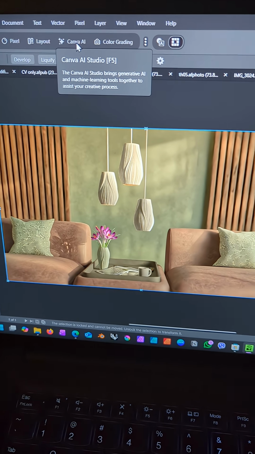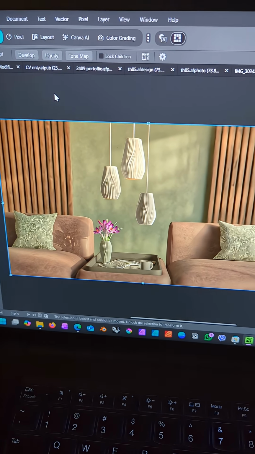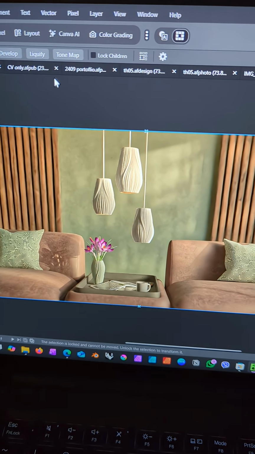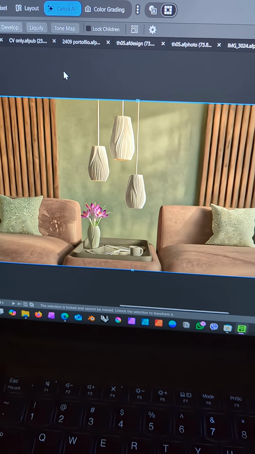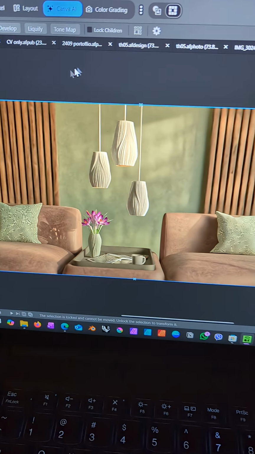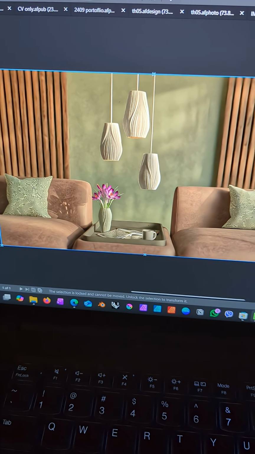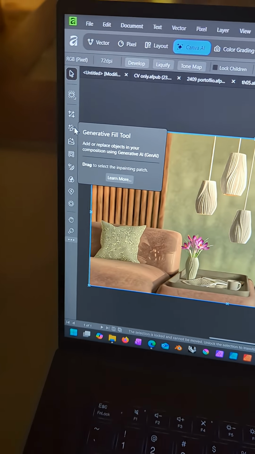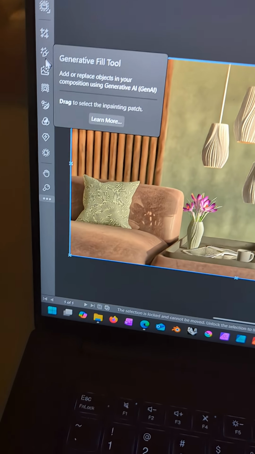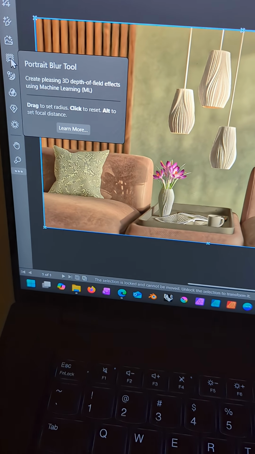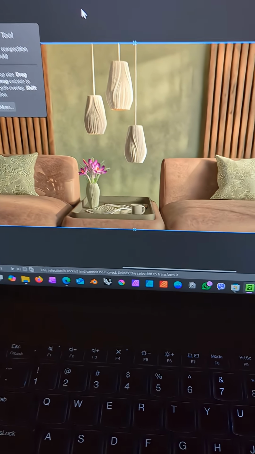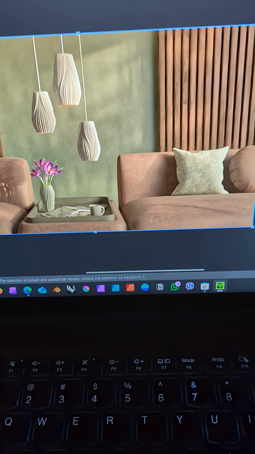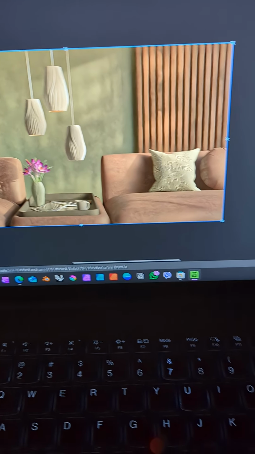And now what you can pay for is Canva Pro or Business, and it gives you access to Canva AI. So in addition to all the tools that are completely free, we have the typical tools now that we have in Photoshop, like generative fill, generative edit, portrait blur, generative expand, and so on. And how does it work? I've opened a bunch of documents that I've done before,